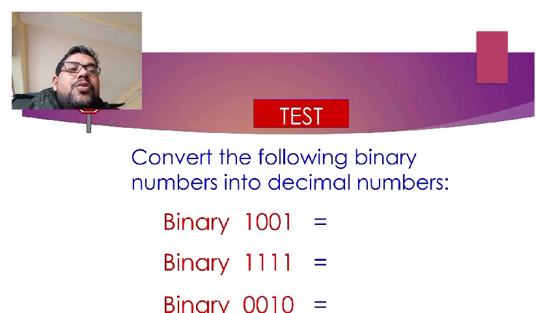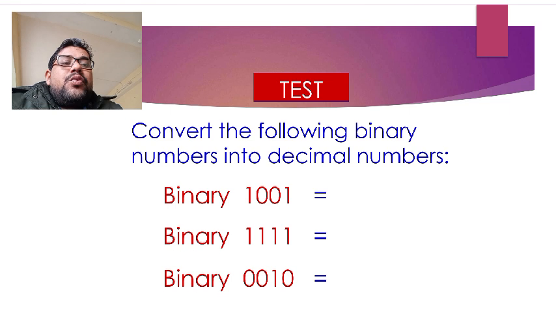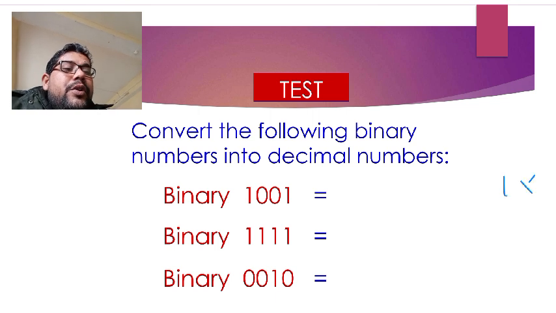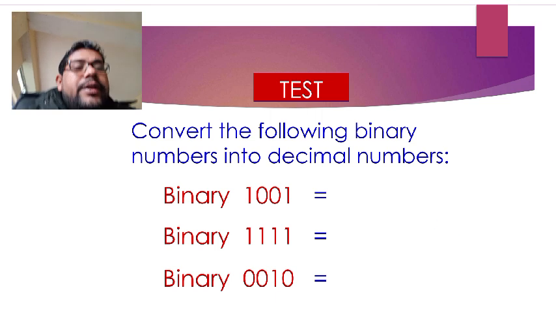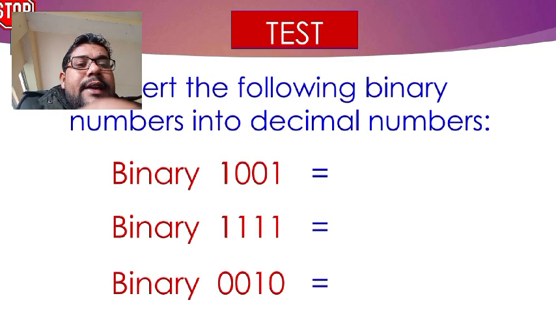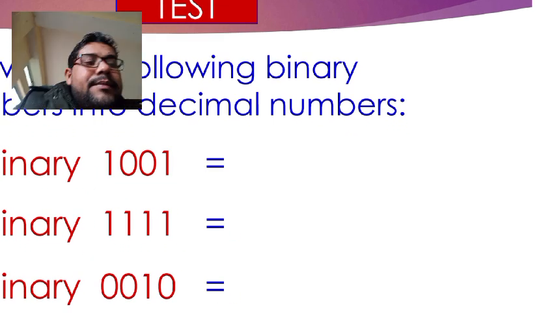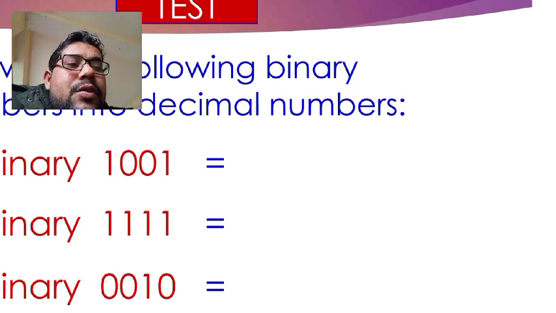Next, to convert this number, this is your homework. How to do it? Any one number I am doing. This is the one number. How can we write it? 2 into 2 to the power 0 plus 2 into 0 to the power, sorry. How can we write this binary number? If you want to convert this number, first we should write